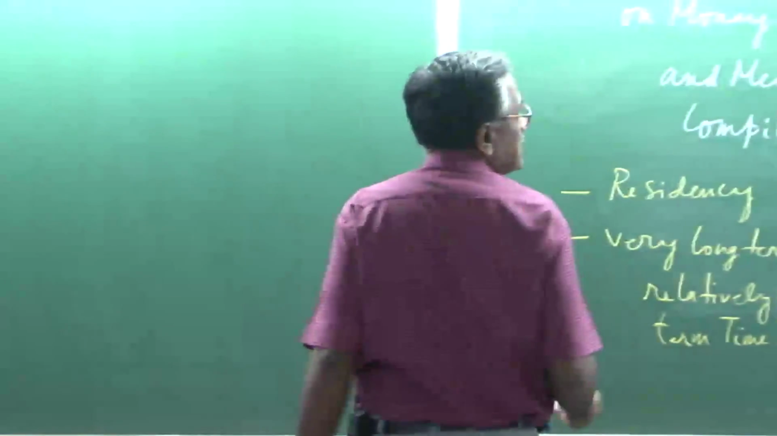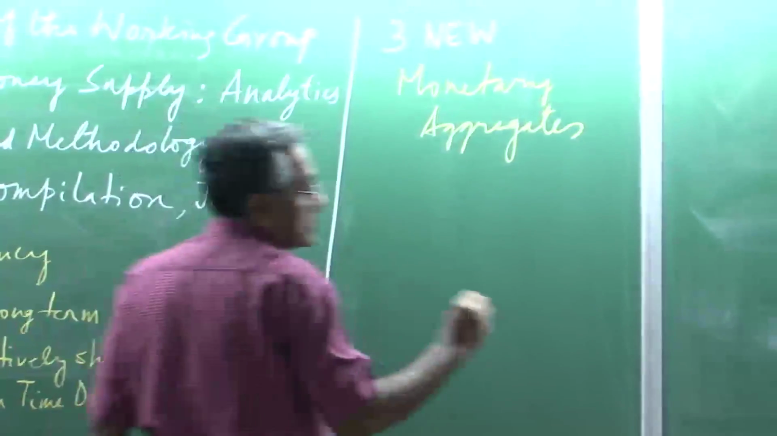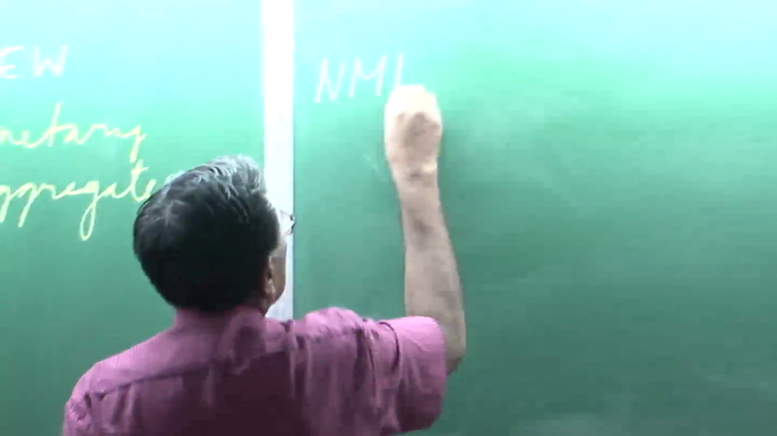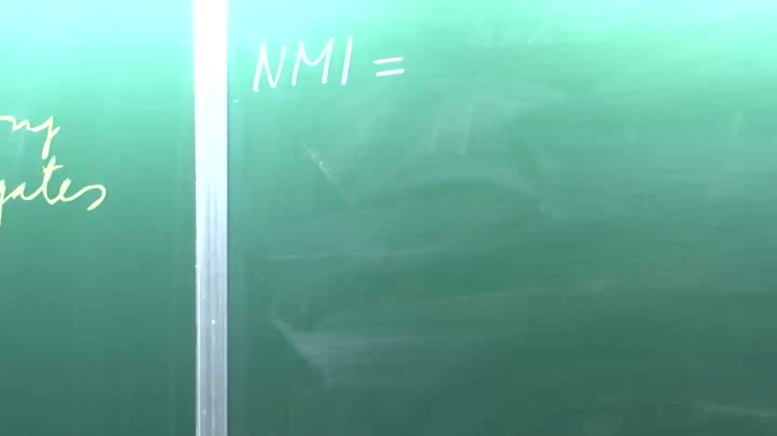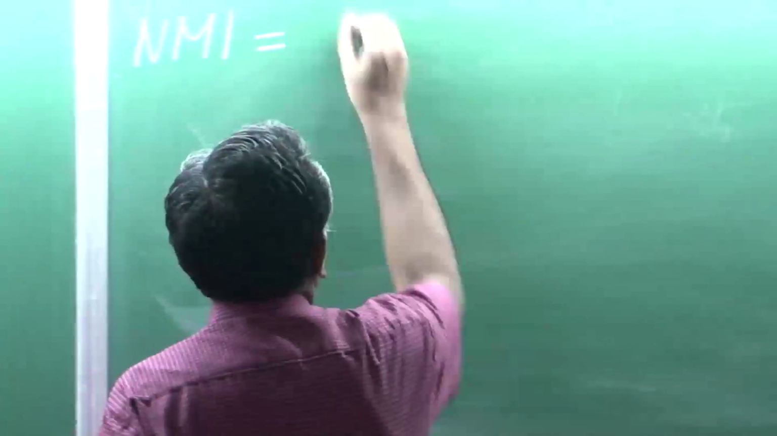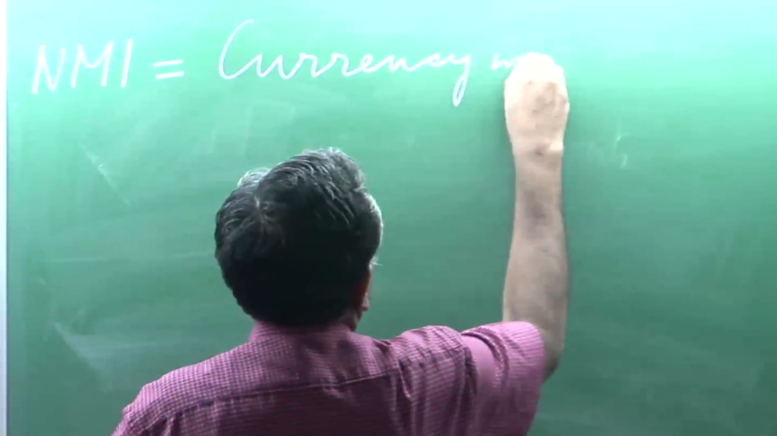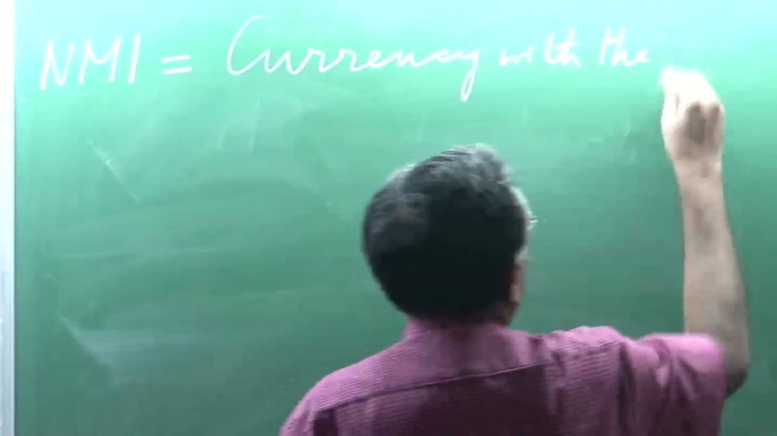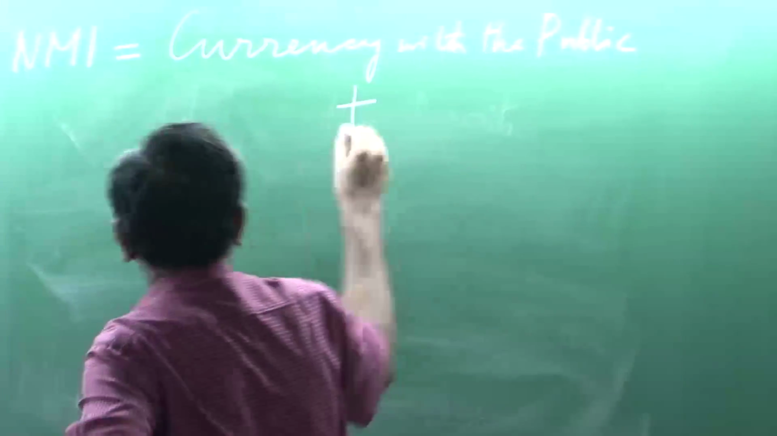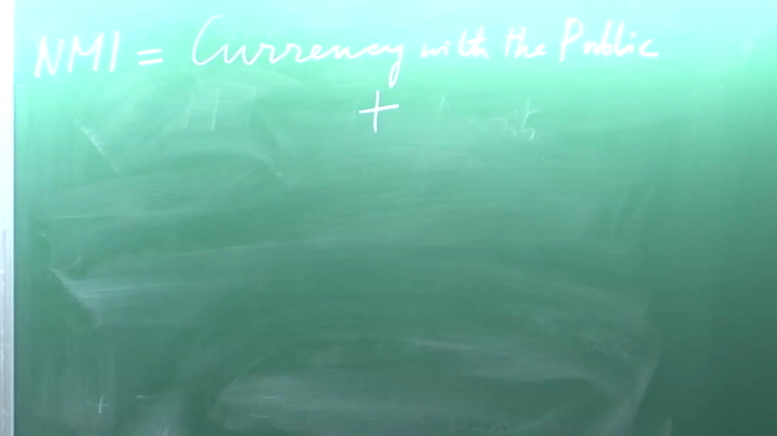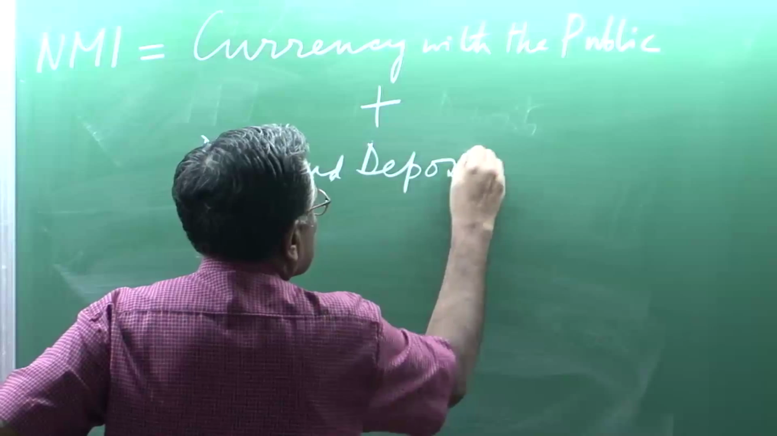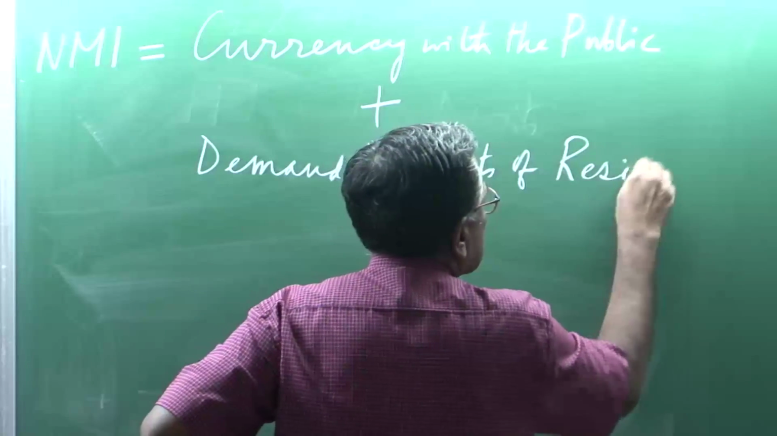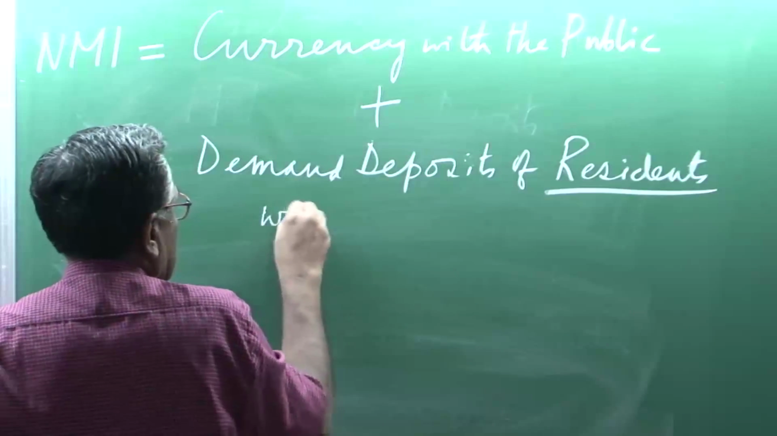Three new monetary aggregates, and let me see if I can define them. One is now called NM1, which contains currency with the public, which is within India, whoever holds it, plus demand deposits of residents with banks. This is very interesting. Demand deposits of residents with banks,